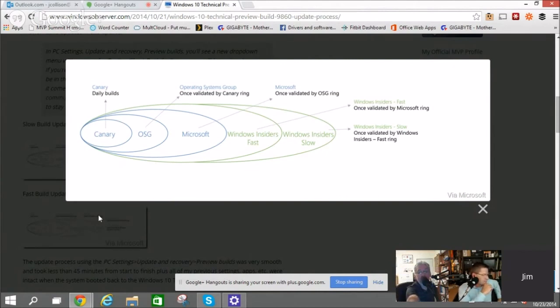And before, it used to be another element of testing that would happen, but now the Windows Insiders Fast will get it after the Microsoft group does, and then once it's validated through us, it will go out to the people who choose to go slow and get slower builds. So the Insider Fast may see different builds that eventually won't necessarily go to the slow folks. So it's a little riskier. There's a chance for things to be a little more unstable, but you can see it's gone through 2 or 3 rings of testing before it hits that level. So it will be a fairly solid build.